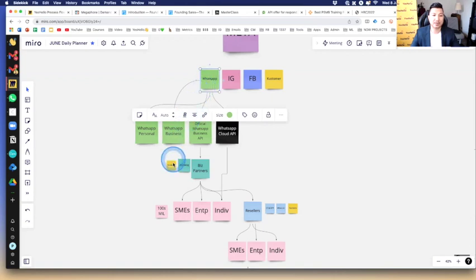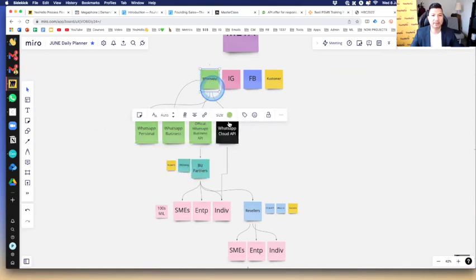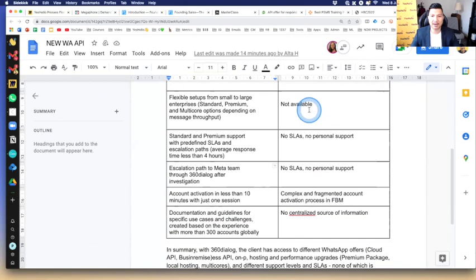Do you know that it is tough even for business partners, if you are not one of the big players, to actually speak to WhatsApp? Very, very difficult, right? So this way, because they are huge, they get to have chat with WhatsApp, and you got a few levels of support. If you are purchasing the Meta Cloud, then there is no service level agreement and no personal support, right?